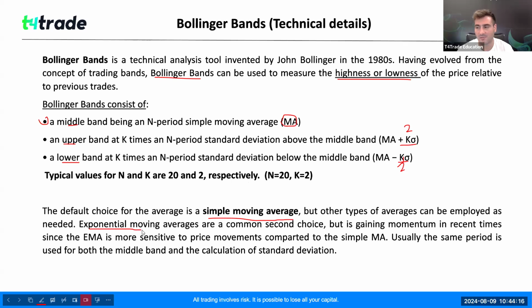Exponential is another viable alternative, and is actually gaining momentum in recent years because EMA, the exponential moving average, is most sensitive to price movements compared to the simple moving average, at least the latest one. Okay,